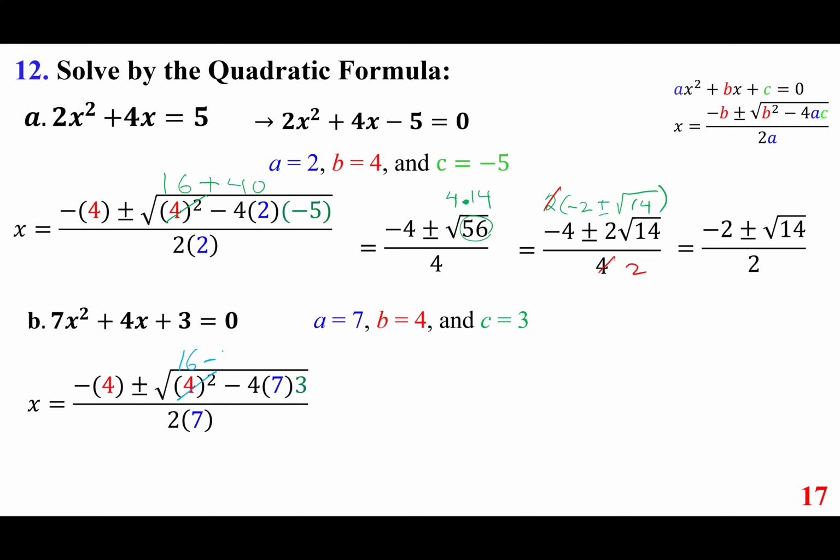the product of 4 times 7, 28 times 3, 84, results in 16 minus 84 being negative 68. And what we have here, we have a negative sign. We also have 4 times 17. Again,